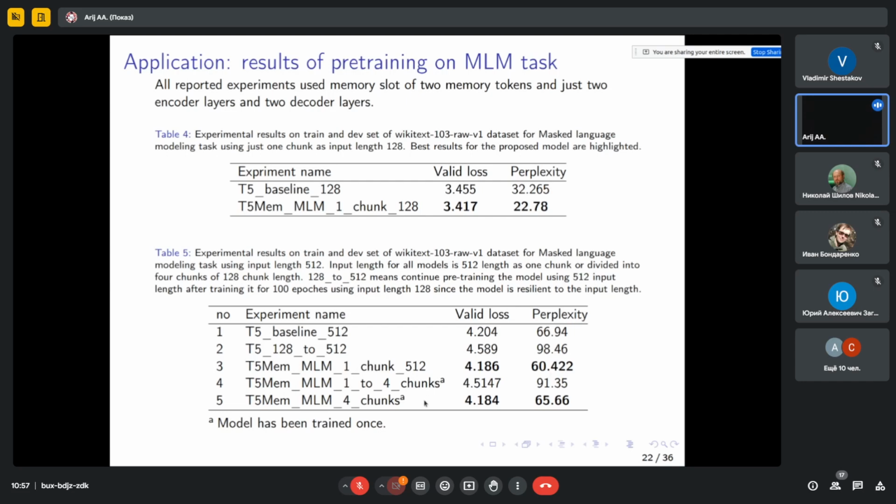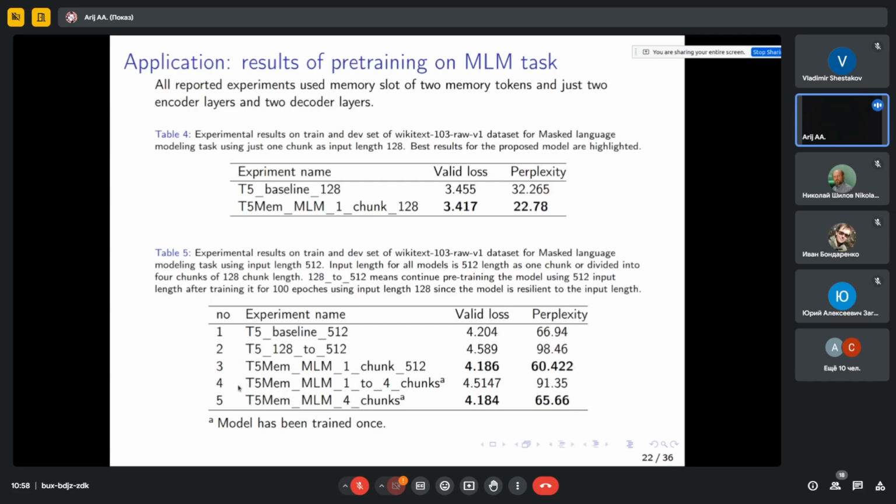What about if the same input is chunked into 4 chunks? Again, the results are better than the baseline, but worse than using one chunk. And this can be explained as follows. The memory slots helped us to get a better chunk representation, and the interaction between memory slots helped to compensate for the information loss resulting from chunking. And anyway, the proposed model gave us better results than the baseline.